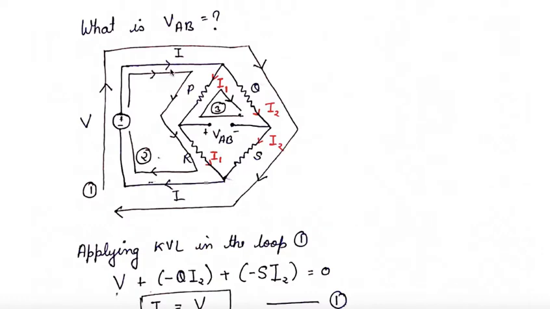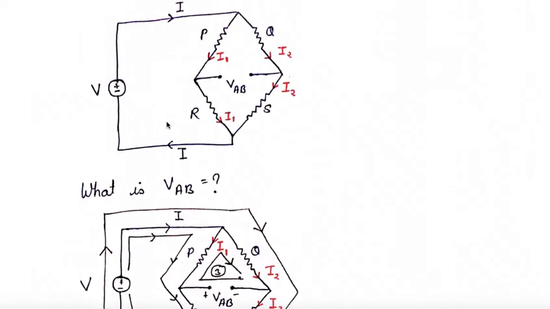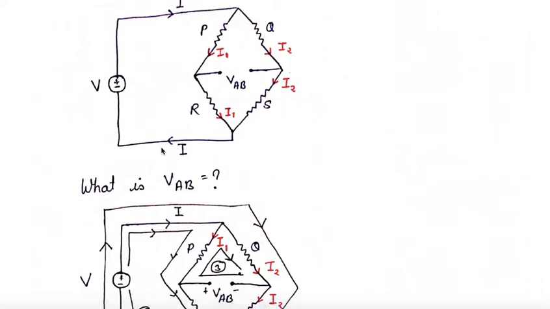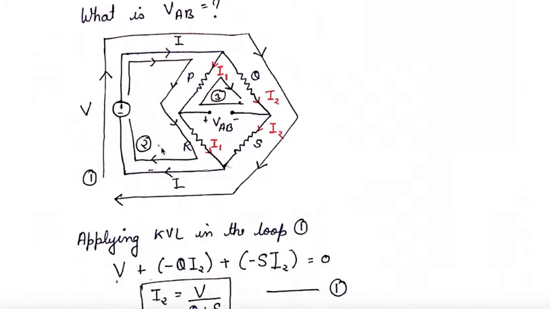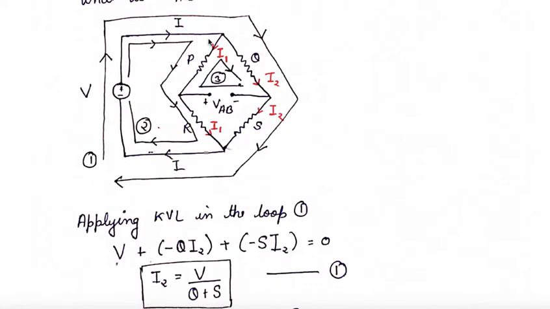This I, it is given in the question that it is going here and the same I is dividing here and then again this I is flowing through the main circuit, main branch. So this I we will take that it is dividing into I1 and I2. Then further this I2, because right now it is open circuit, there would be some potential difference but it is open circuit, so current would be 0.